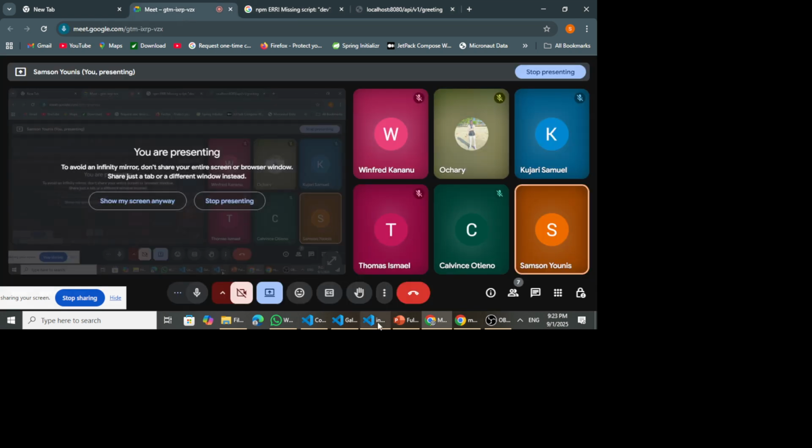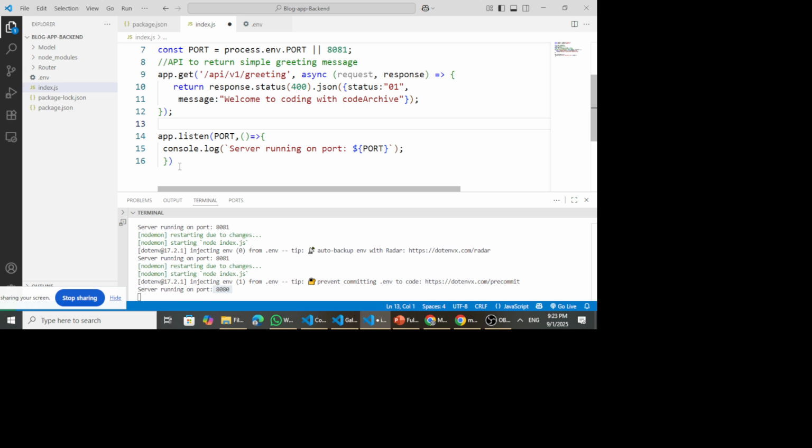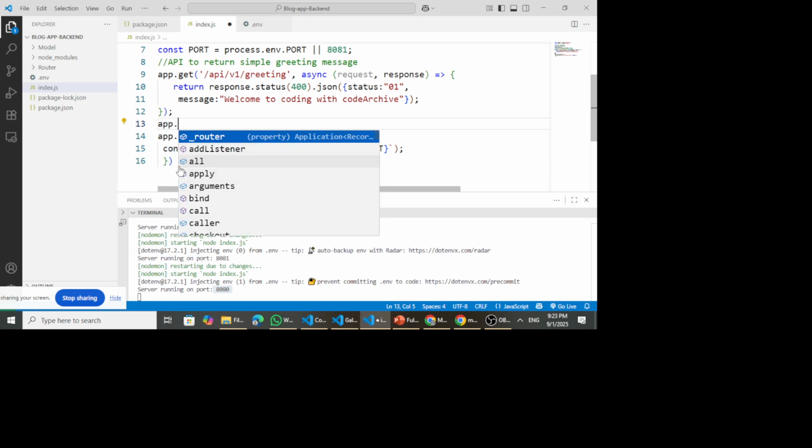Okay, so that's all about creating an API. So we have created one simple API. We can add another API. Let's add another API that will give us a different message. So we can still copy this, or you can type another one if you want to go the long way. So let me say app.get,